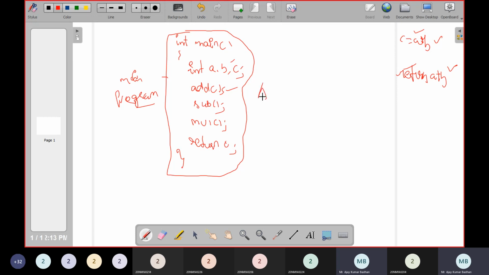So this is what we call an abstract data type. Your abstract data type consists of data and operations. It consists of